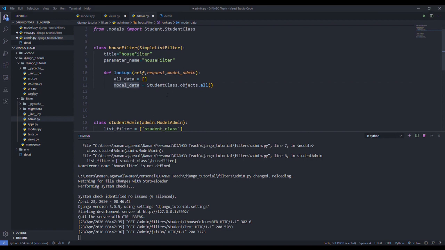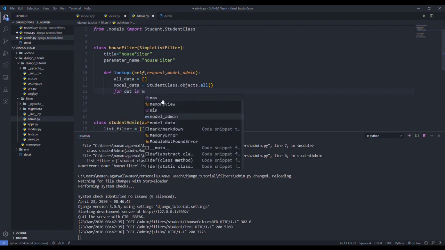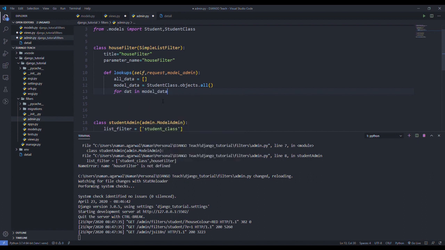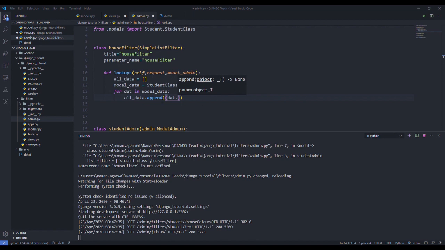Now I will run a loop over this and create a list which will be used as the filter. A filter takes, and let me show you for that in the model data. So it will be all_data.append, and this will be the house_color.